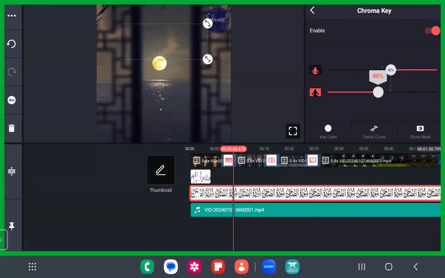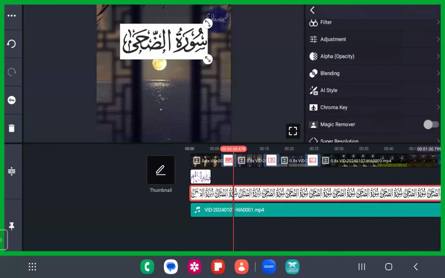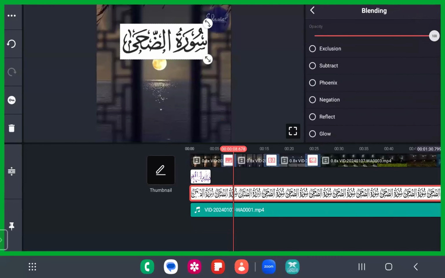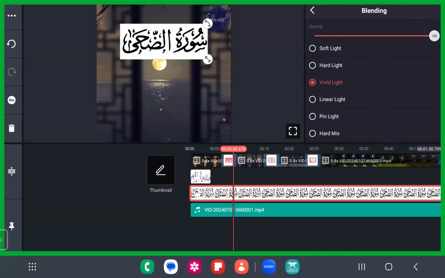Because I told you all, it is accurate with green screen content and not something else. So to do this, we can go to other options. Let me disable this chroma key and go to the blending options. The blending options work wonders. We already know that. We can add the negation, the phoenix, the exclusion, and more. The difference, the hard mix, just try all of these, and surely you'll be able to remove it. Even if not, you can add the cropping and add high feathering.